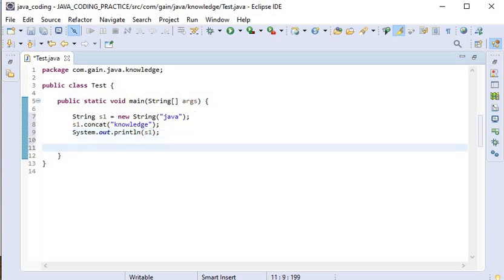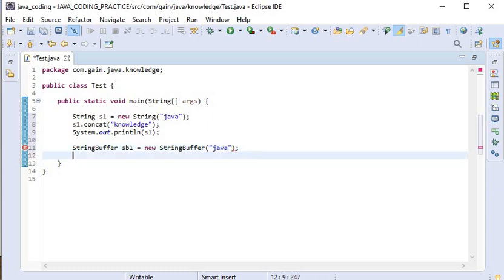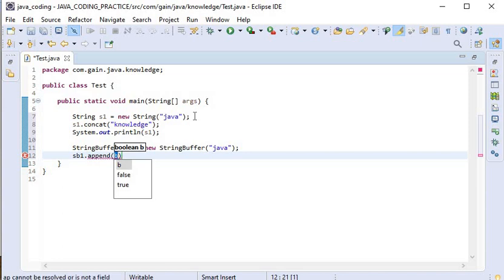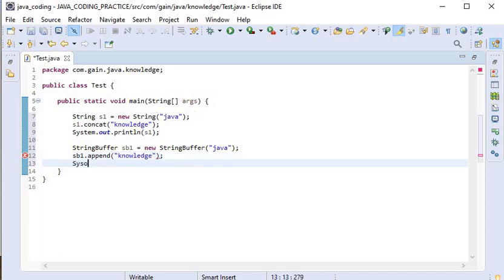Now I will create one more object, that is StringBuffer: sb1 is equal to new StringBuffer with Java, and here I will use the sb1.append function and add the same knowledge, then System.out.println of sb1.